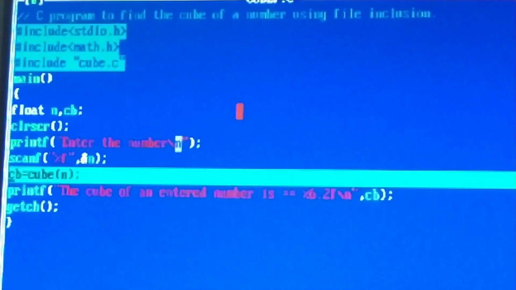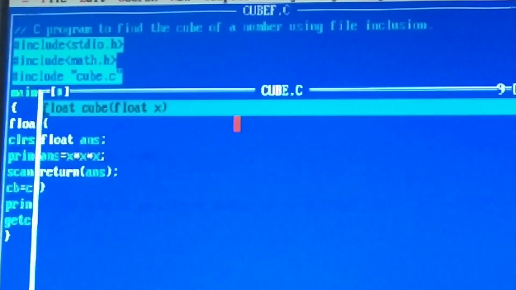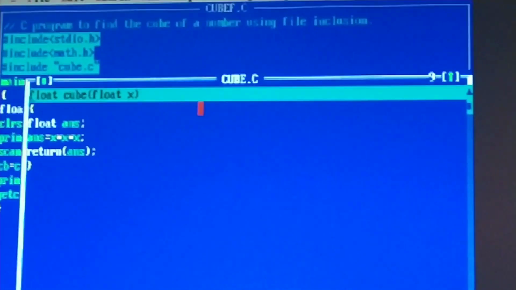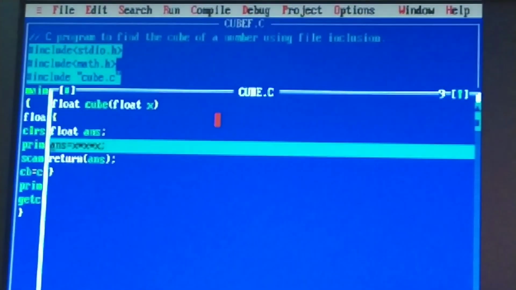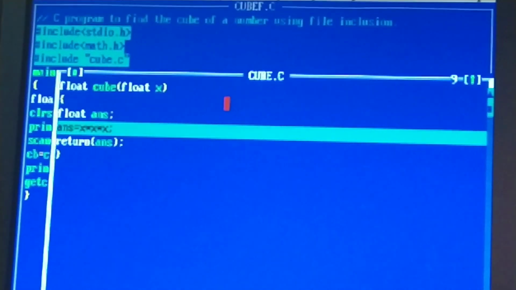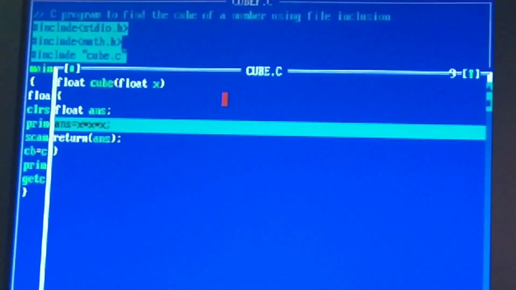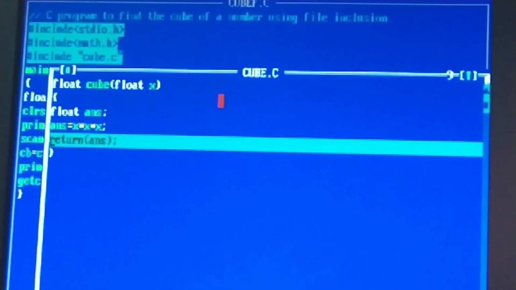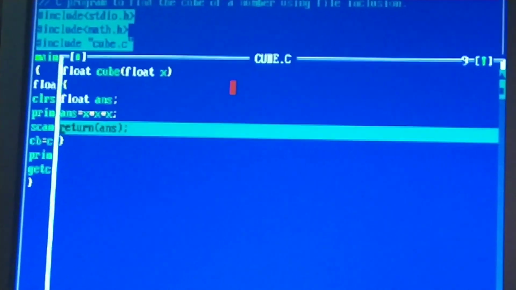Now observe carefully, it will go to the cube.c file here. Again I am pressing F7, it is going for the exact computation part, that is answer is equal to x into x into x. It calculated the cube of the entered number, and it is returning that value to the main function here.